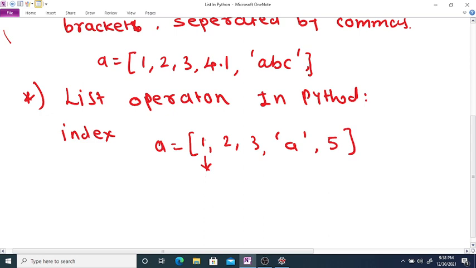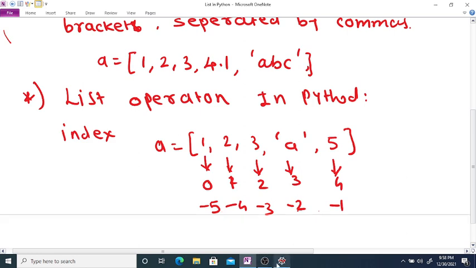The index of the first element is 0, then 1, 2, 3, 4. You can also define negative indexing: -1, -2, -3, -4 and -5. In this way the index of a list is defined.